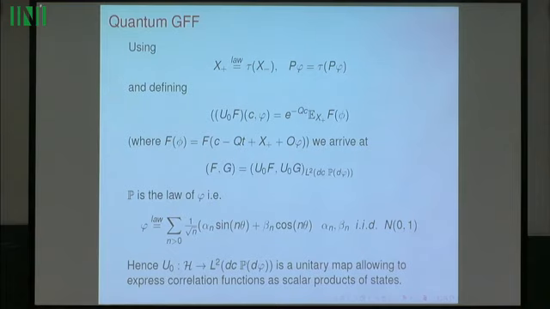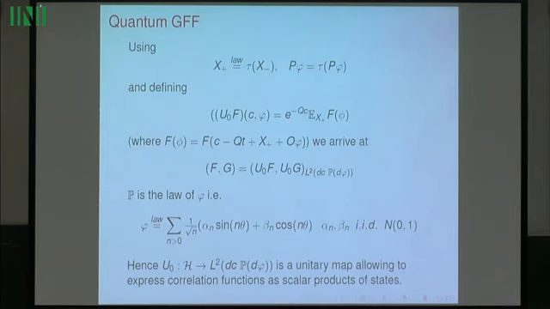So the Hilbert space, which I described to you abstractly, is concretely just the L2 space of the zero mode and the free field on the circle. And this is a unitary map mapping the two pictures to each other. P here is the law of the field on the circle. That's the 1 over F noise field, just given in terms of the random Fourier series. So that's what this object is here.